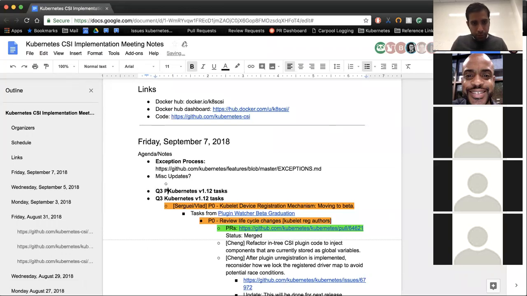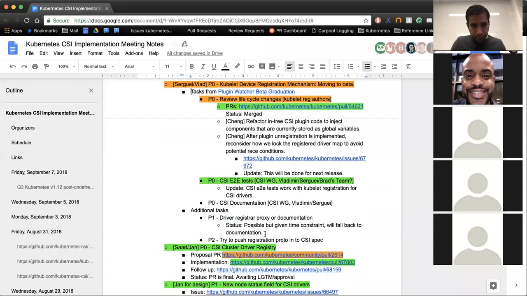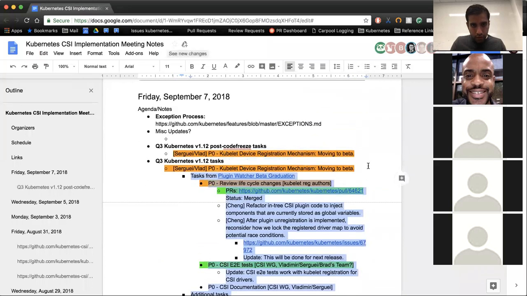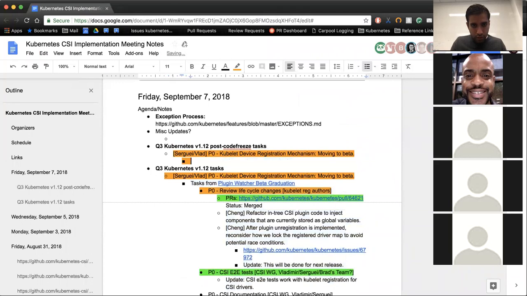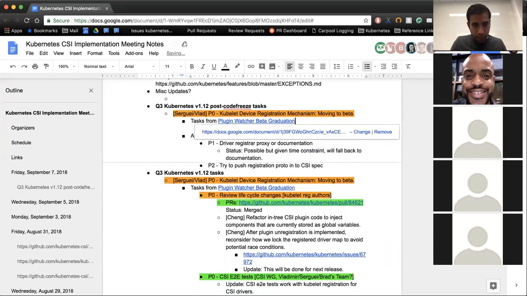So Q3 post code freeze tasks. And then we can actually track this here. So this is done. The tests are done. Documentation needs to be done. So we need more documentation there, then push.